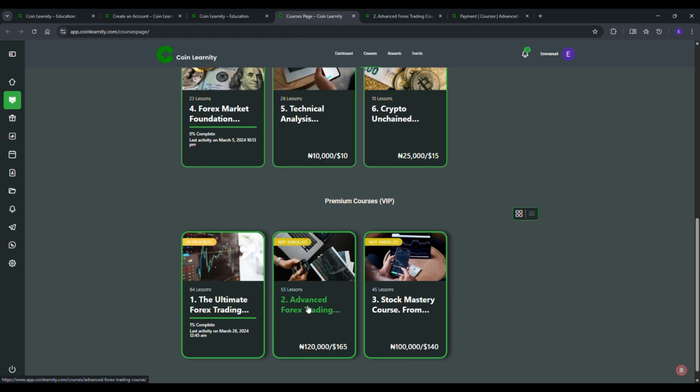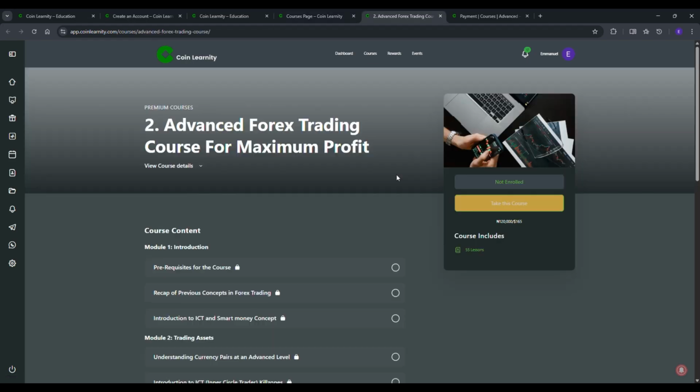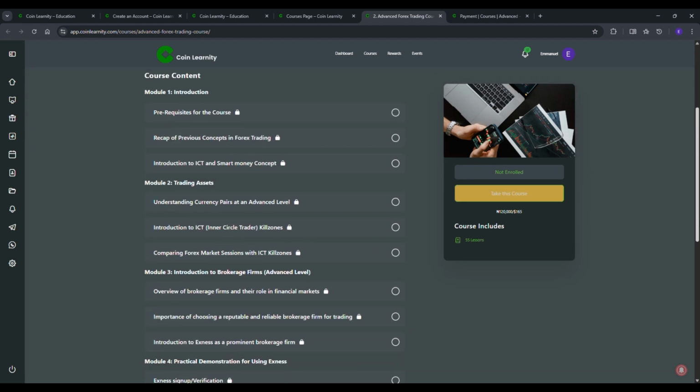So let's take, for instance, I want to take up this course because these are the courses that contain the ICT concepts. So let's say I want to purchase the advanced trading course. What I need to do is to click on it and give it time to load. After clicking on the advanced trading course in the previous page, that should bring you to the course page. So this is where you get to learn more